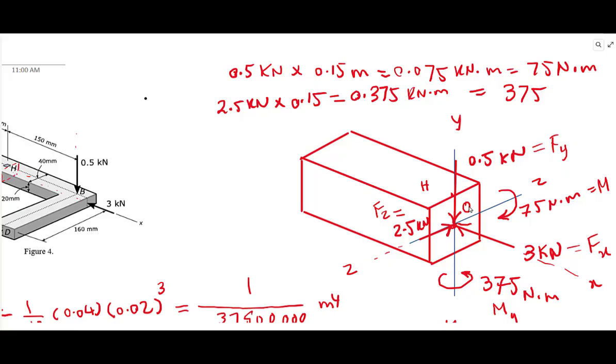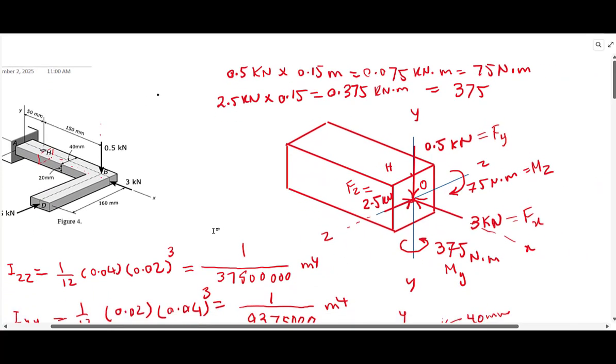So the center of that area I labeled as point O. 3 kilonewton here, and then as a result of moving 0.5 normal to the line of action, parallel to the y direction, the penalty is 75 newton meter about the z-axis. So you see here 75 newton meter the penalty, 0.5 here, 3 kilonewton here, and the last step is to transfer